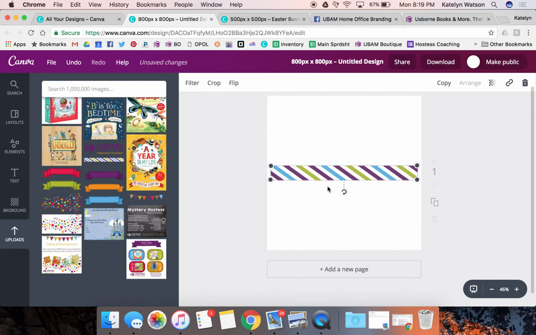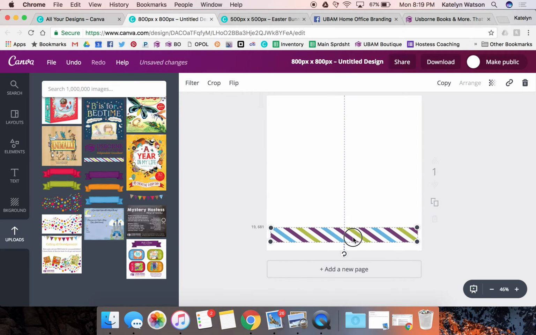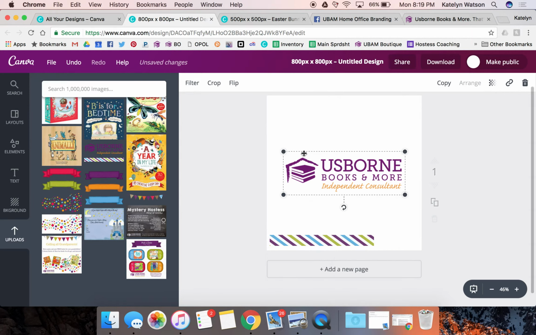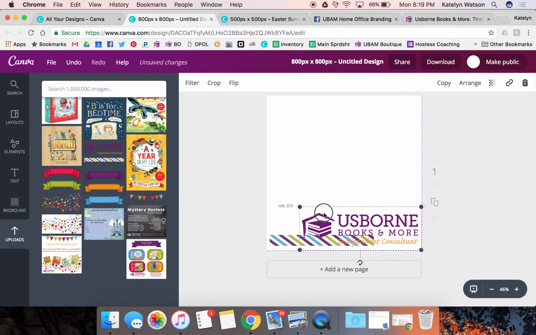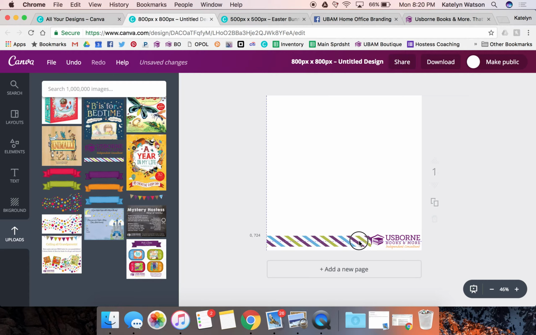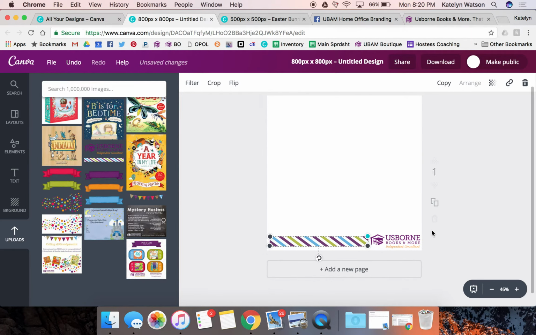So I'm going to go ahead and put my little striped ribbon down here at the bottom. I know I want that to be down here. And then I also know that I need to have my independent consultant logo. Any graphic that we make must have this logo. Home Office has said that in order for customers to be able to distinguish between independent consultant graphics and Home Office graphics, all independent consultants must have this logo on their